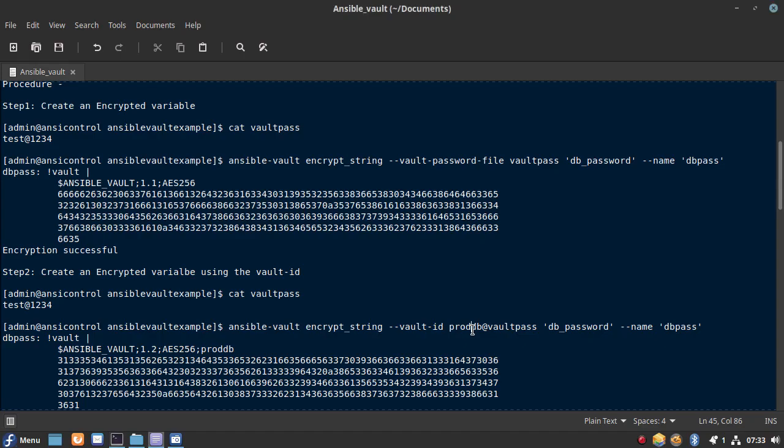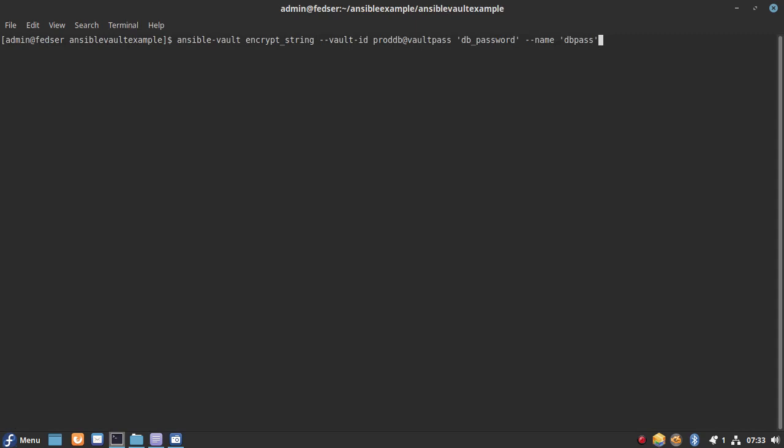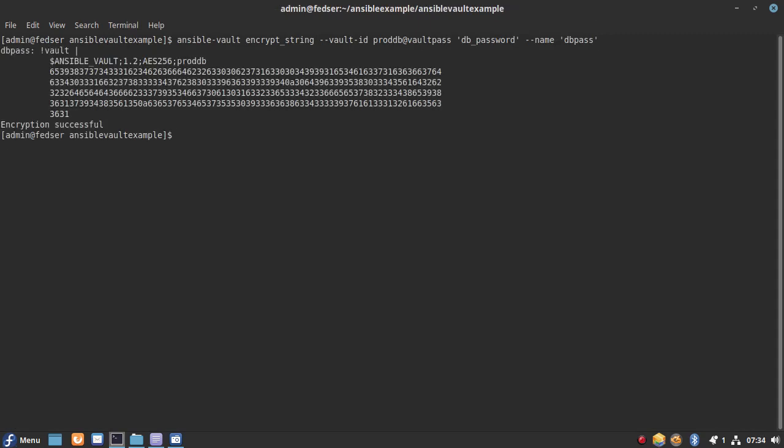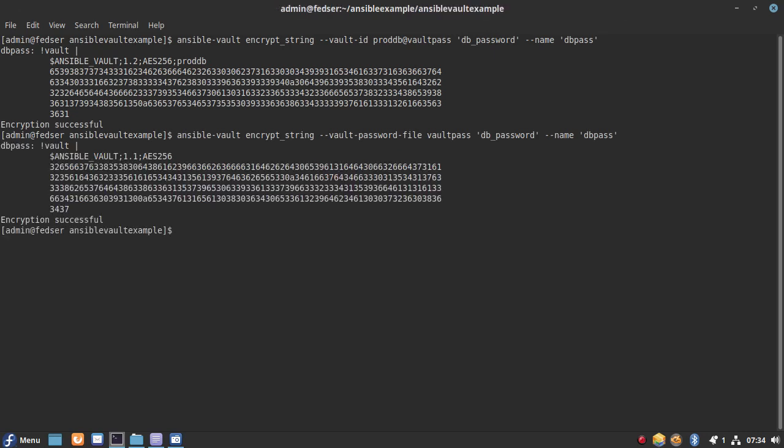Okay, so basically we are going to provide a label to our encrypted data with this vault id option. Let me run this and see the output. You can see, let me run the other previous command also here, just for your reference.